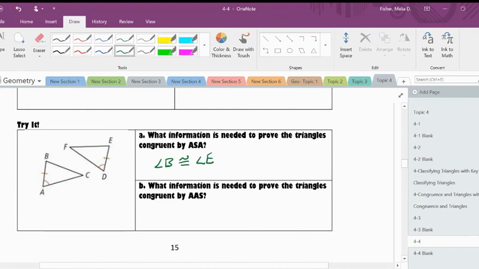What information is needed to prove the triangle is congruent by angle-angle-side? I would need to have this angle be congruent to this angle in order for it to be angle, angle, side. So angle C would need to be congruent to angle